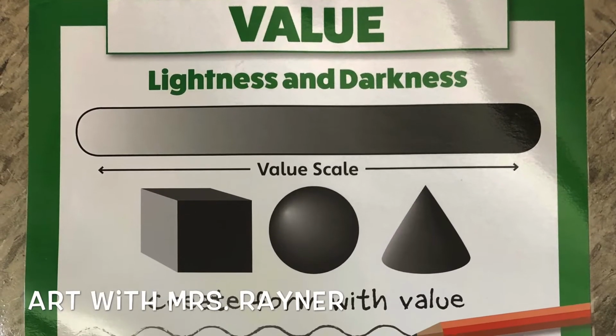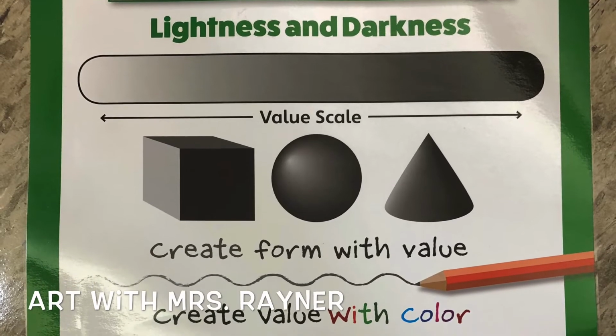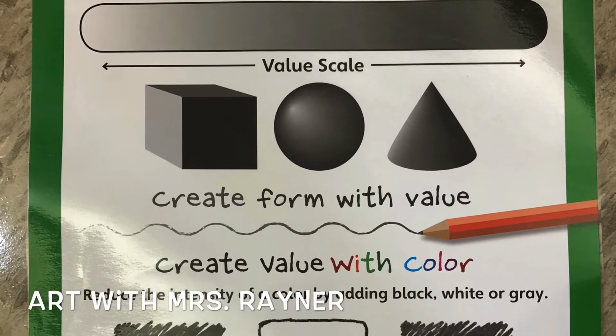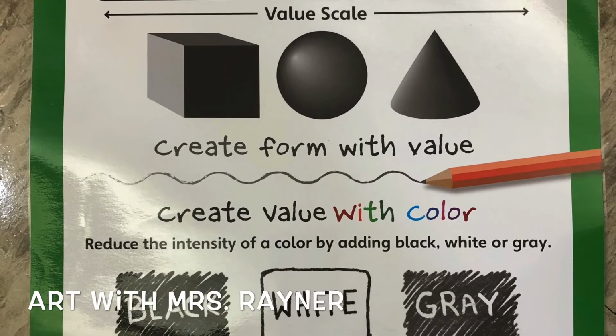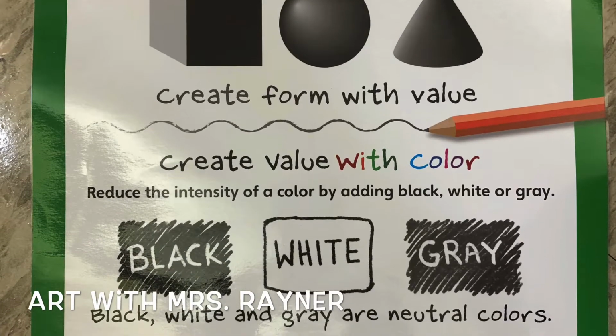This week we are going to continue our study of the elements of art and focus on the word value. Value is all about the intensity of a color. It can go lighter and darker. It allows artists to create different forms, three-dimensional objects, and it also allows us to have a breadth or variety